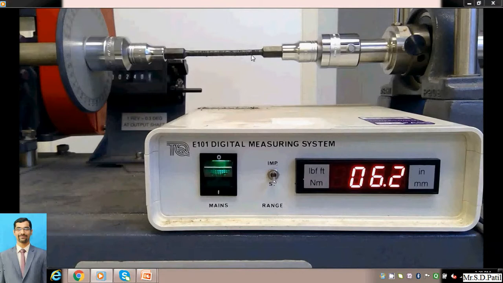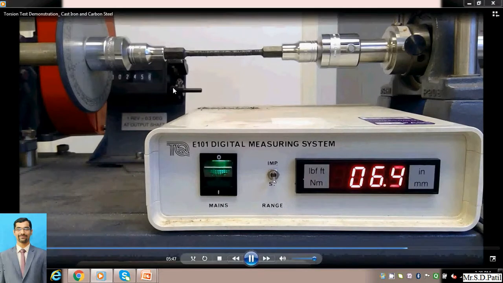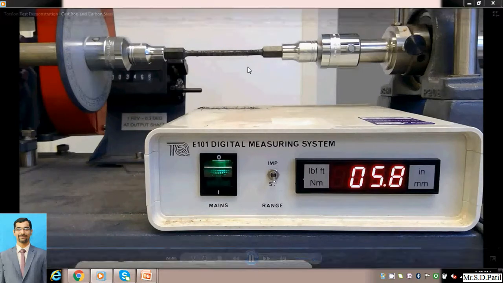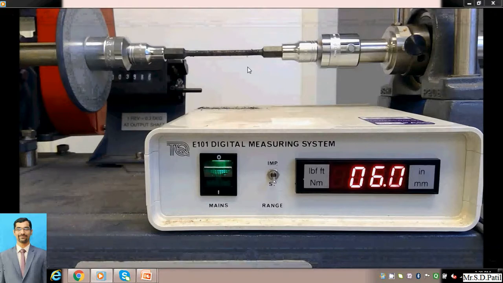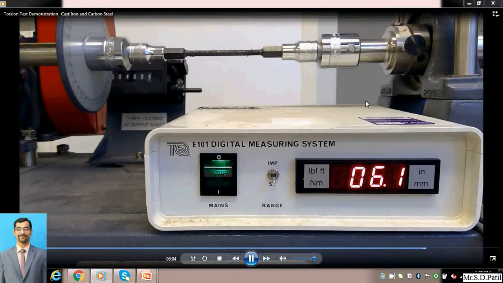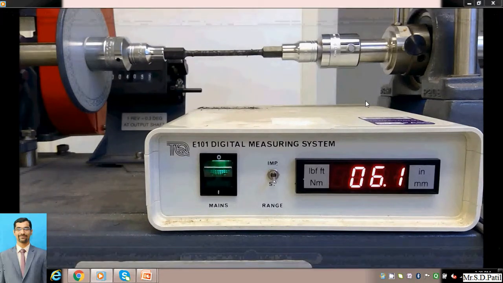failure over here. The torque is not building, only the rotations are there, that is, it will keep twisting, and suddenly this particular component will fail at any time. Now the torque has dropped, which means we are getting the failure mode very near, and suddenly at some point this particular component will fail.